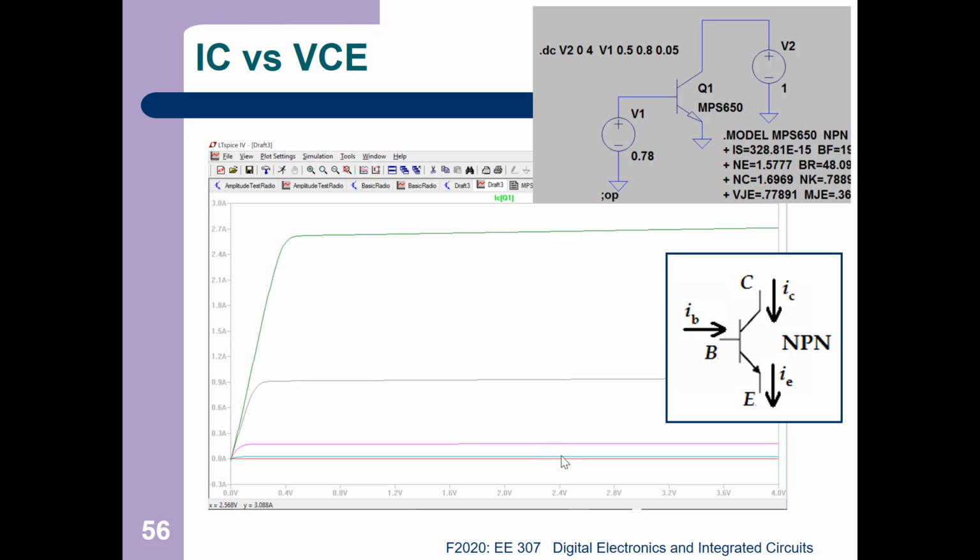But notice that for this change in VBE between these two lines, there's not much change in the current. But between these two lines, there's more. Between these two lines, it's more. And between these two lines, it's more. So for the same change in VBE, you get a big jump in current. And remember, when you have a transistor, its output is current, and you throw that current across a resistor, a big change in current means a big change in voltage. And a big change in voltage means you made V out move a lot,